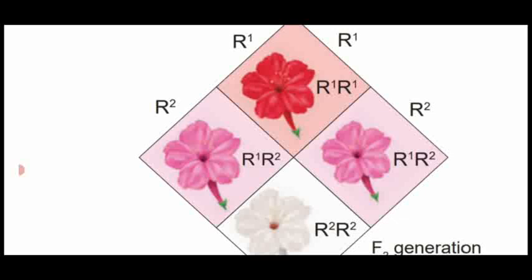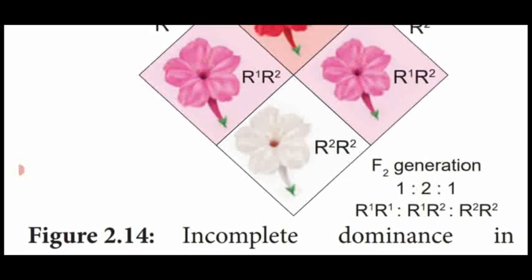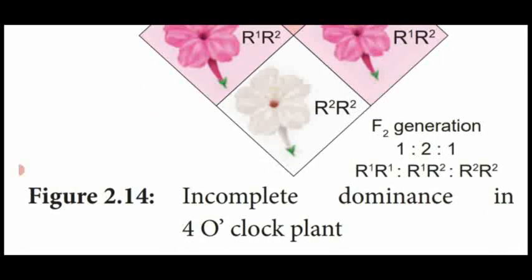Another R1 and R2 are joined together to form a pink color flower. So this is the F2 generation in the phenotypic ratio 1:2:1. The genotypic ratio is R1 R1 red color, R2 R2 white color,